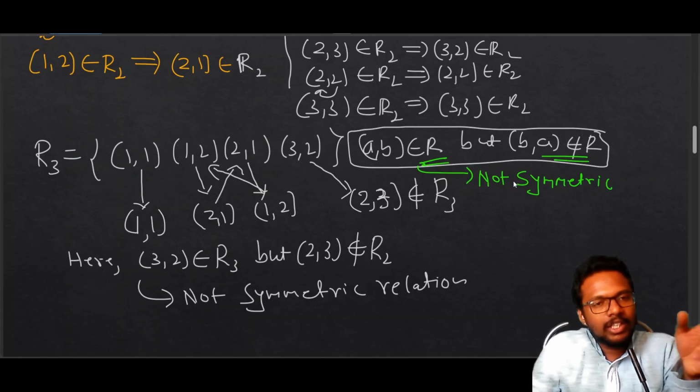Easily we can find this if we consider one ordered pair and reverse that ordered pair,